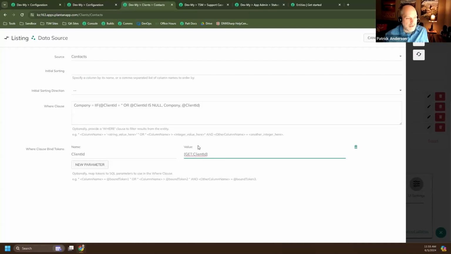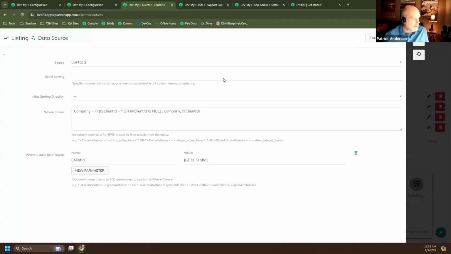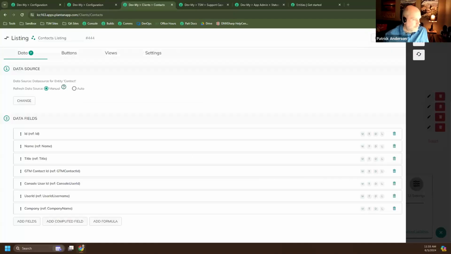But if we do have a client ID, then we're going to return just the ones that have that client ID. I'll show this to you in practice, but this is going to allow me to use this same module both on this contacts page and on the client's detail page. So that's the only change I'm going to make there. Save that, and then in the form,